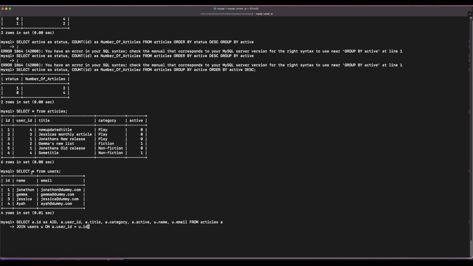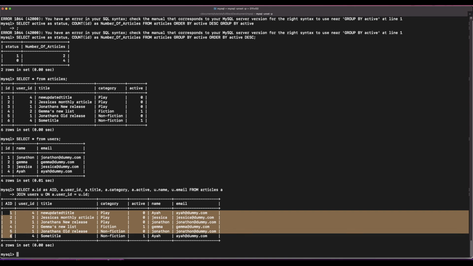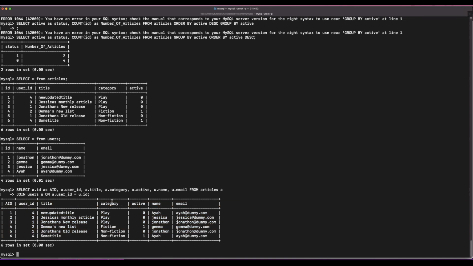And that condition is where articles user ID, for example 4, is equal to UID. So it's going to look for 4 here and then match it to this. So it's going to bring this and match it up here. So let's just add a semicolon and have a look at this. And as you can see, now we have AID, which is articles ID, and then the user ID, title, category,